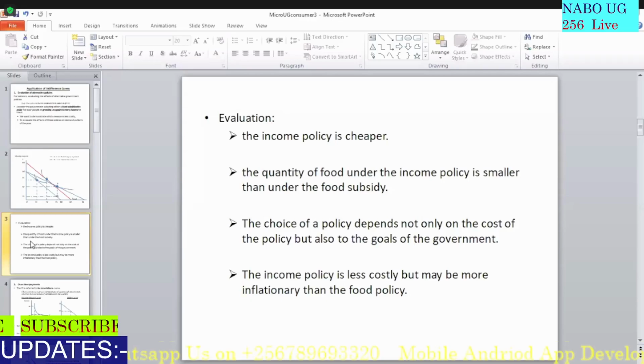Basically, that is how we can use the indifference curve analysis to evaluate alternative policies. We can also use